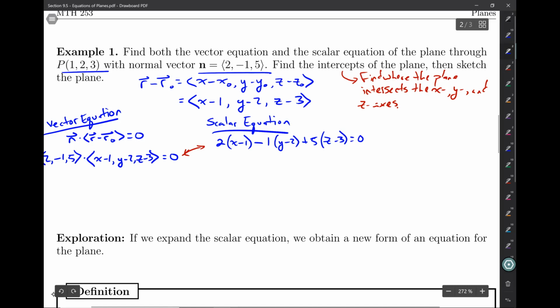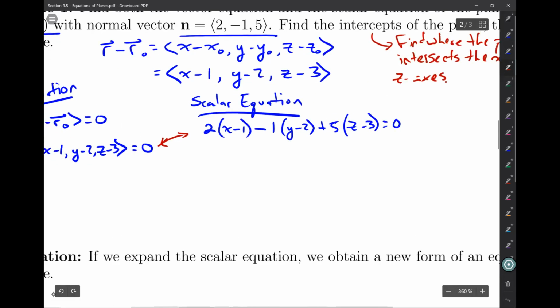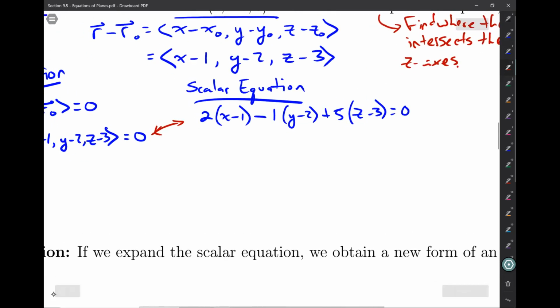This is how we find the different intercepts. So in order to find the x-intercept, we need something that's going to give us something on the x-axis. Points that are associated with the x-axis have y-coordinate and z-coordinate both 0. So if we want to find a point on the x-axis, then we need to let y equal 0 and z equal 0. So the x-intercept